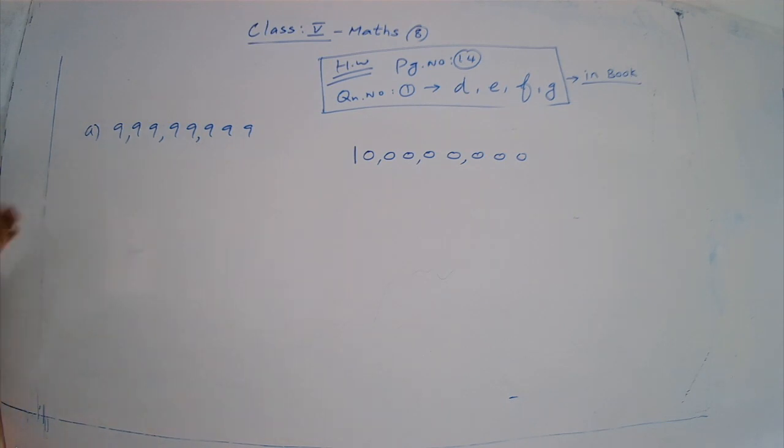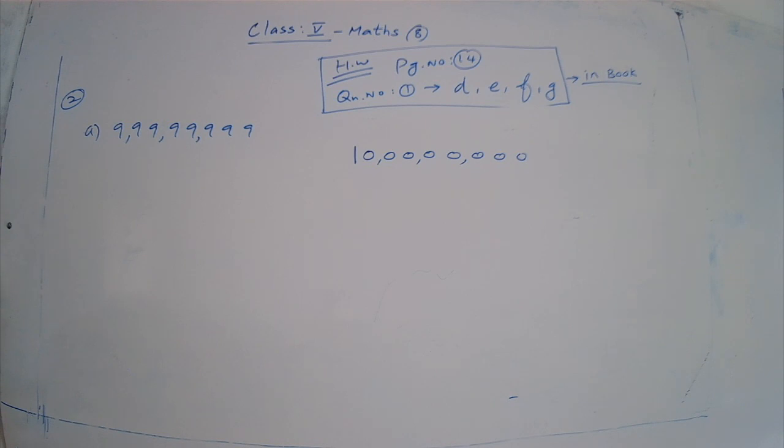99,999. Okay, children. So in the second question, A part, filling the blanks. This is the answer. So write it in your book. In the second question, A part. Write it in your book only, okay? The predecessor of the smallest 9-digit number. Okay, clear? Yes.